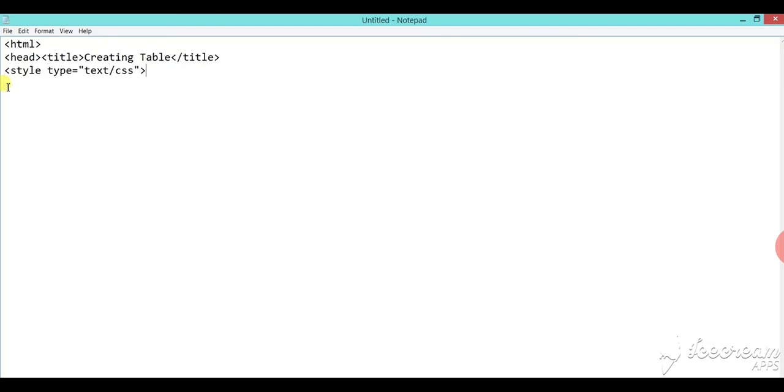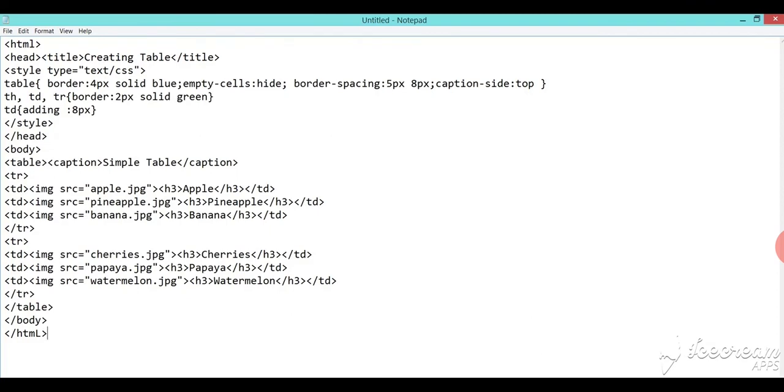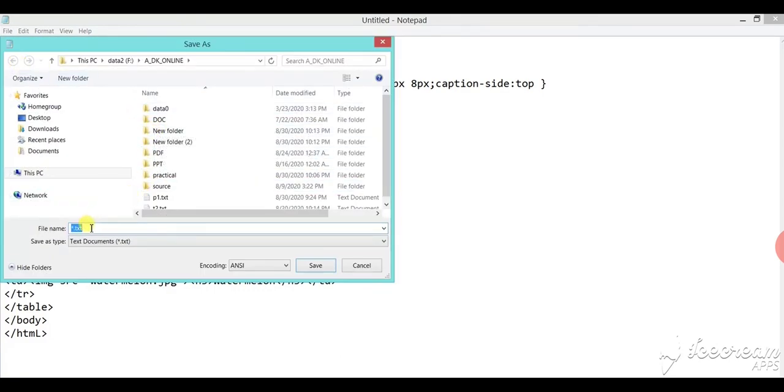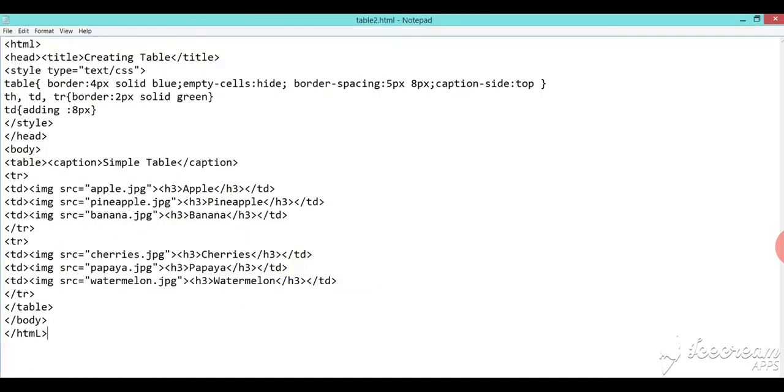In the Notepad editor, click on the File menu, then the save option, then give a proper name. Here we give the name table2.html, then click on the save option. Then minimize your program.